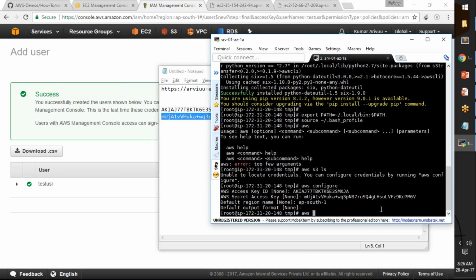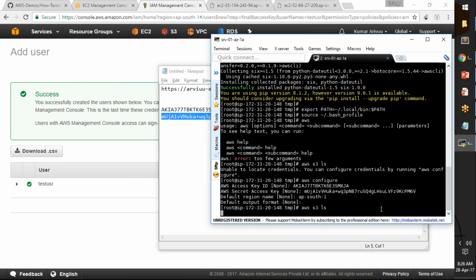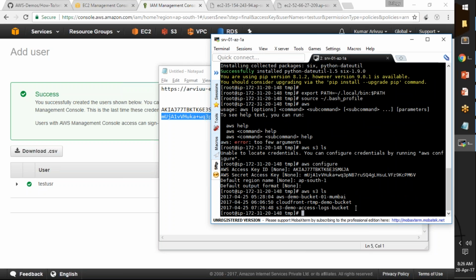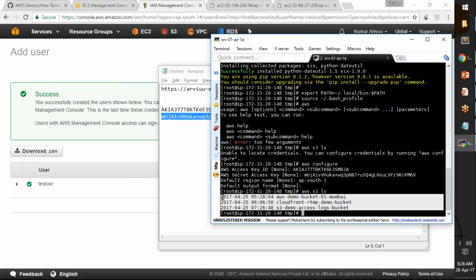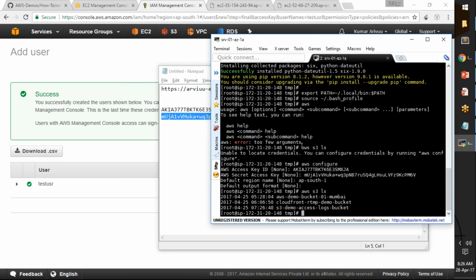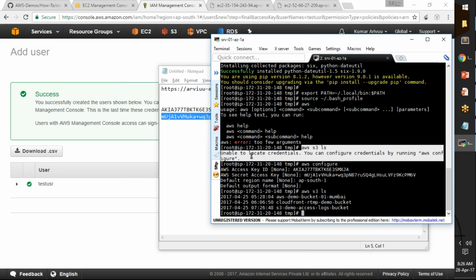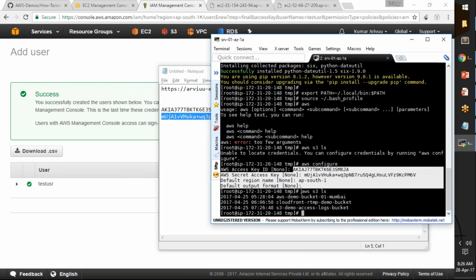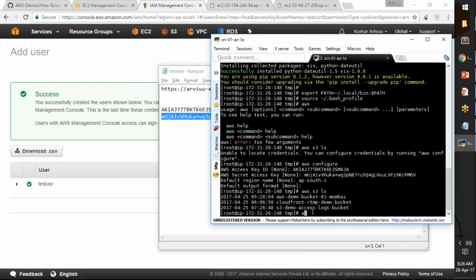So if I do something like aws s3 ls, okay, it's working great, guys. So you can see I just picked up my bucket details and it is showing me the results. If you see this command here, we just now executed, it says unable to locate credentials. You need to configure your credentials. Once you input these values, you can do anything on top of those buckets like S3, or I think this is the command to make a bucket, s3